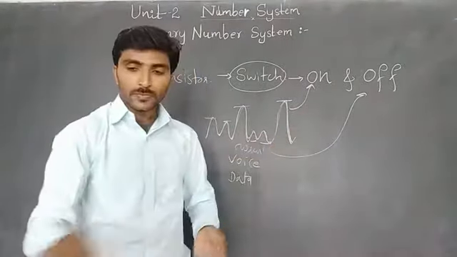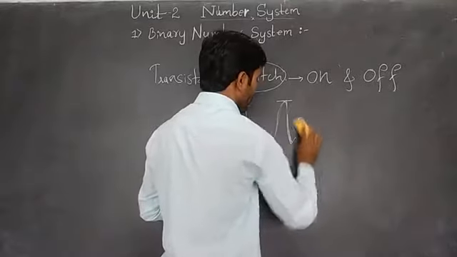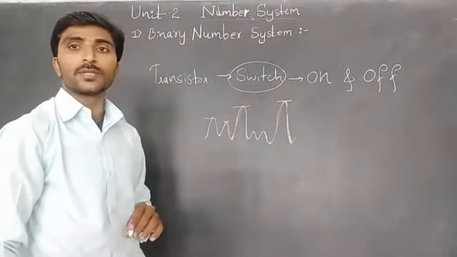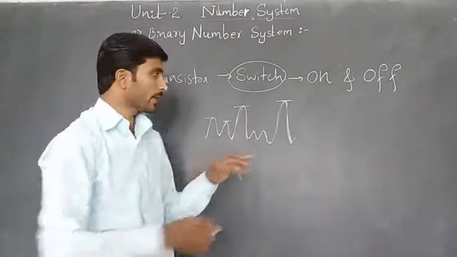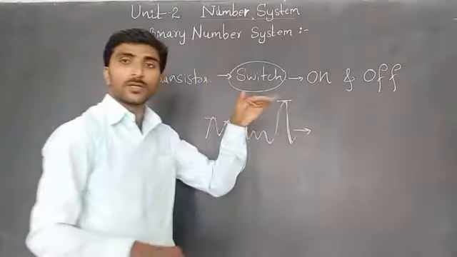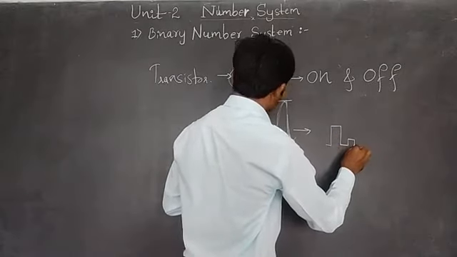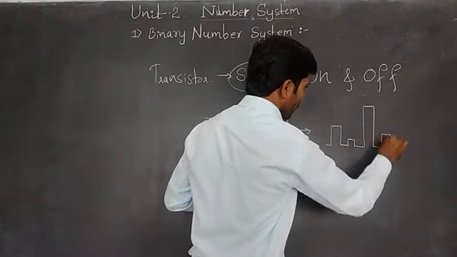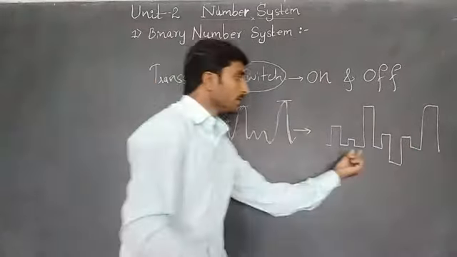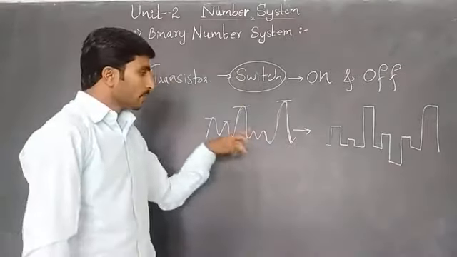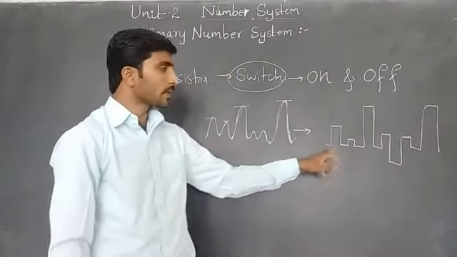Now this is not how it is actually stored in the computer. How does it store this signal in the computer? That is called digital transmission, the digital form. The signal is converted to the digital form like this. This is the analog form, this is the digital form. So the analog signal is converted to digital form in the computer. Only then can the computer understand.